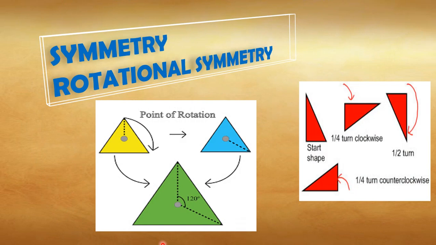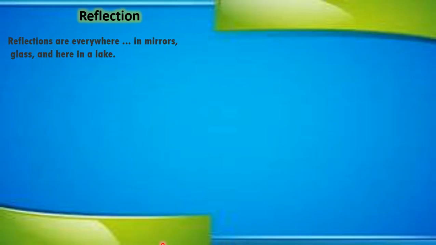And we know that a line divides the figure into two equal halves, so that the part of the figure on the left side of the line and the right side of the line is the same. That line is called the axis of symmetry or line of symmetry, and the figure is known as a symmetrical figure about its axis. In the same way, today we are going to learn rotational symmetry. So let's learn about this.